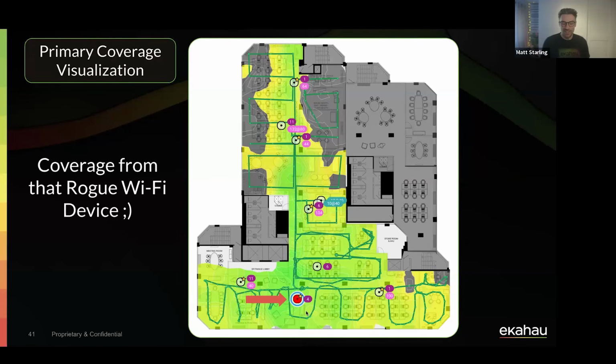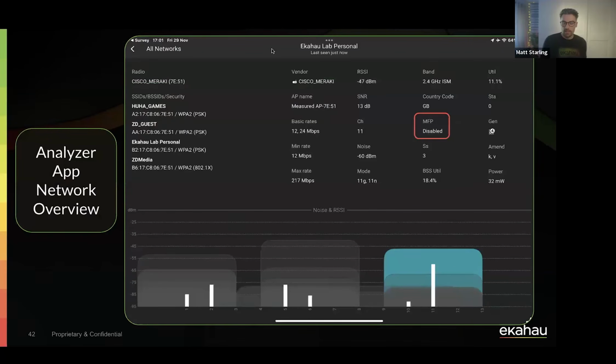No, I was just going to tell everyone that what you can see in the picture here is coverage from one of the rogue devices that we detected during a survey, highlighted in red. One of the things we noticed around the corporate network was that in this scenario, they hadn't enabled management frame protection. So what we were able to test in this scenario was trying to get people off of the legitimate corporate network to connect to that rogue access point instead. We had configured the rogue AP to have the same SSID as the genuine corporate network. And then we used this